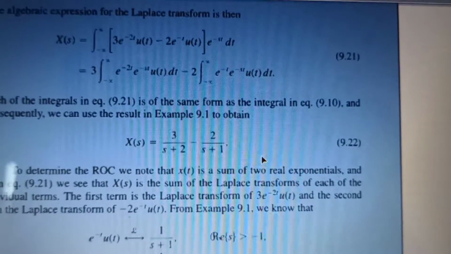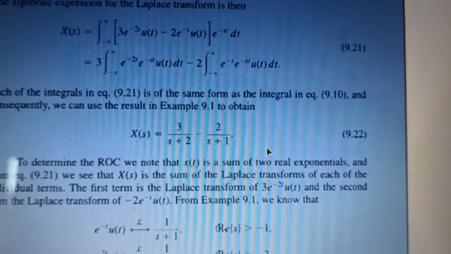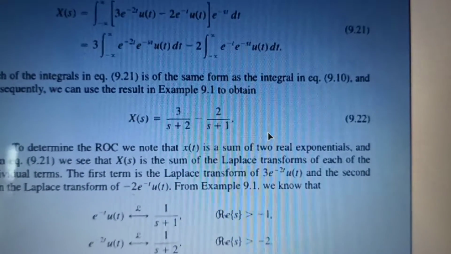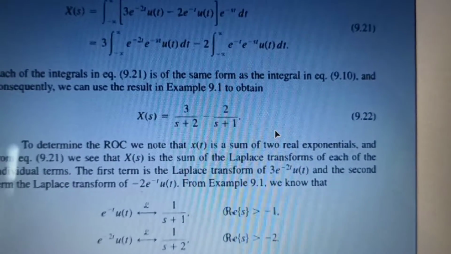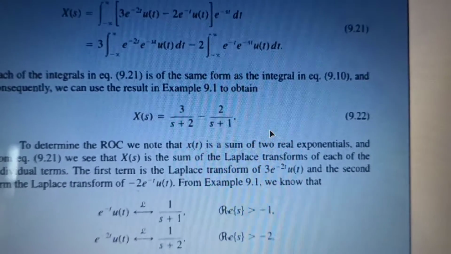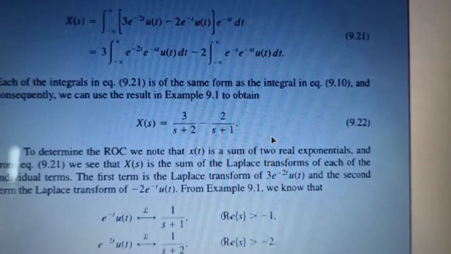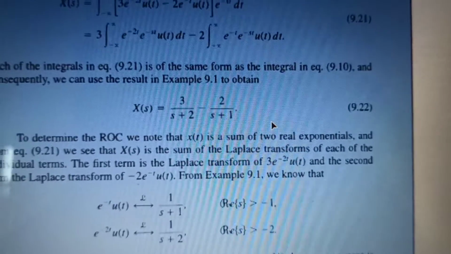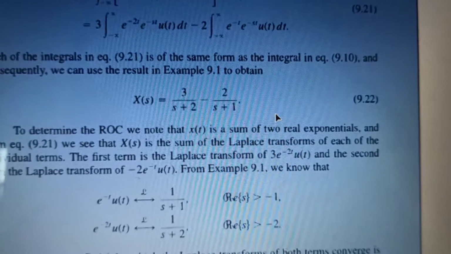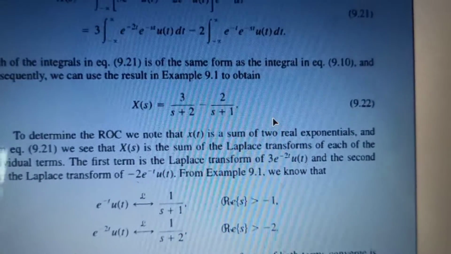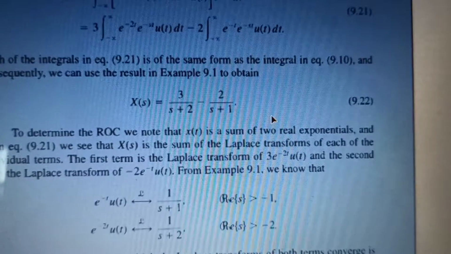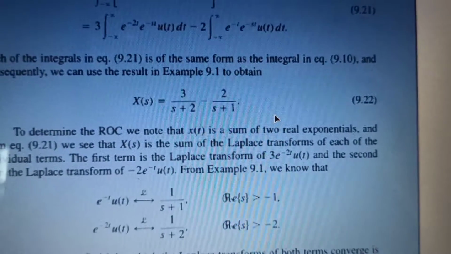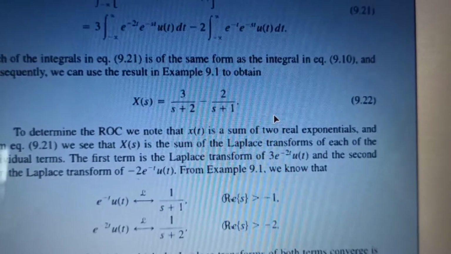Now, what is the significance of these poles and zeros? Why are we studying it? This is very important. We are studying it because the stability is governed by poles and zeros. If all the poles of the system reside in the left half plane, then it will be called a stable system, provided that the system is a causal one. For a causal system, the poles have to reside in the left half. That is very simple. Is it clear? Stability is governed by the poles.